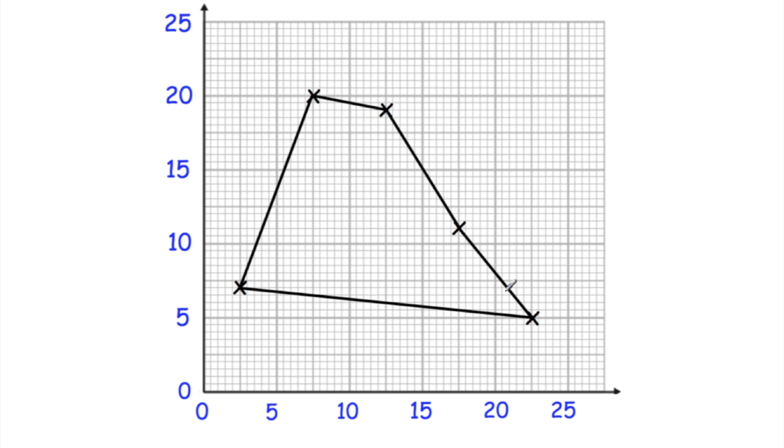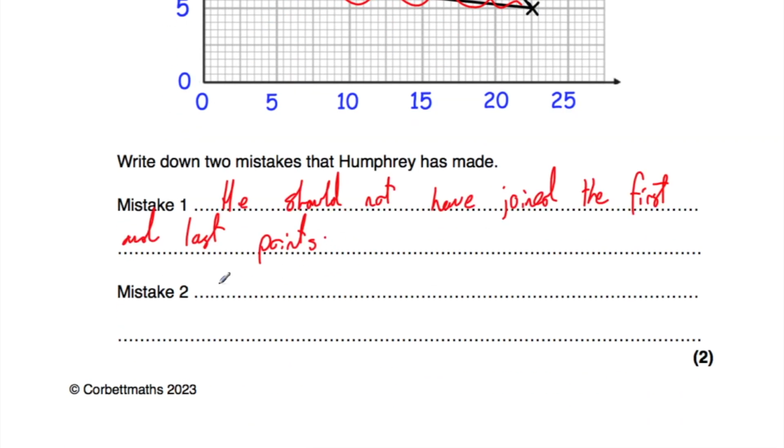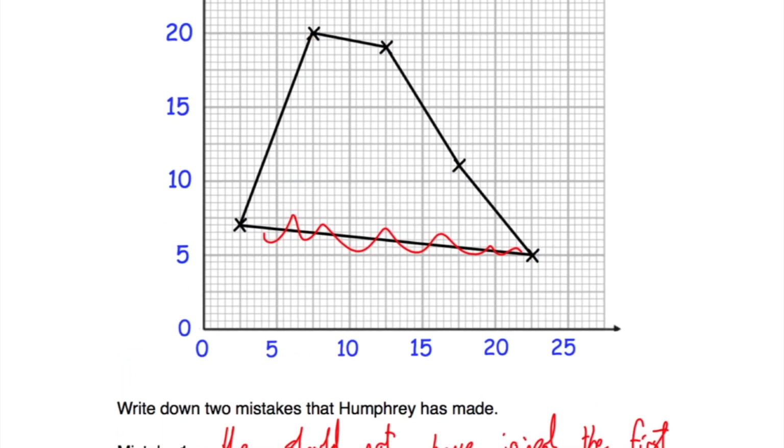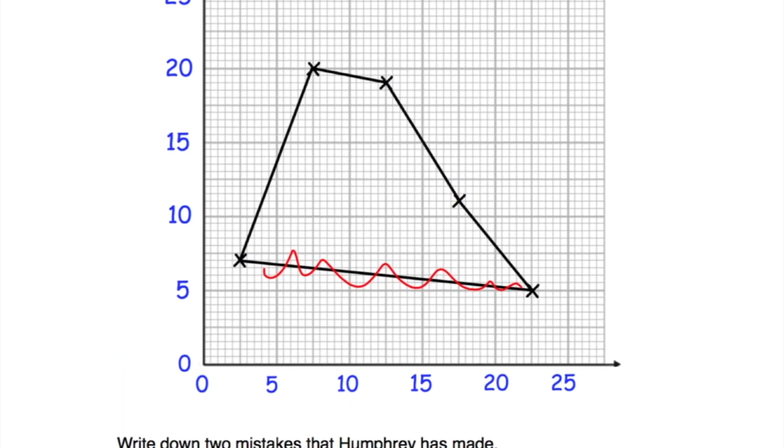Well, first of all, he shouldn't have joined up the first point and the last point. That shouldn't have been joined up. He should have just actually drawn it like so. So that's a mistake. Okay, and the second mistake, well, actually, if we have a look, he hasn't labelled his